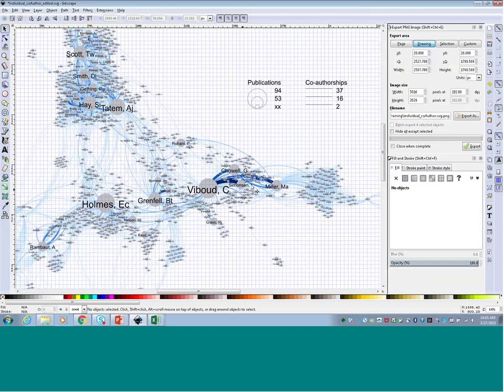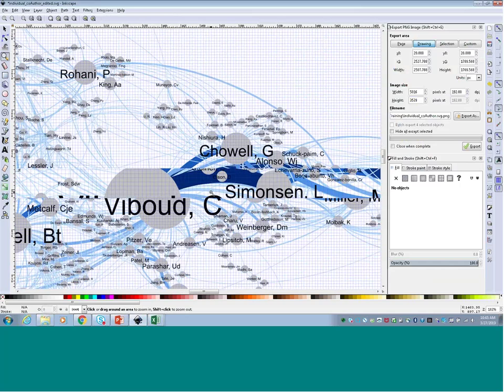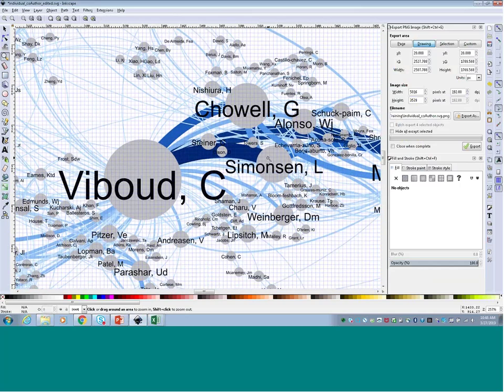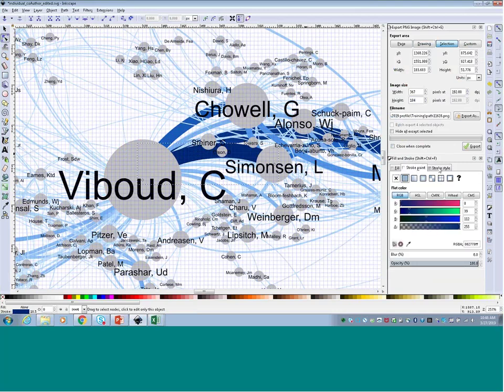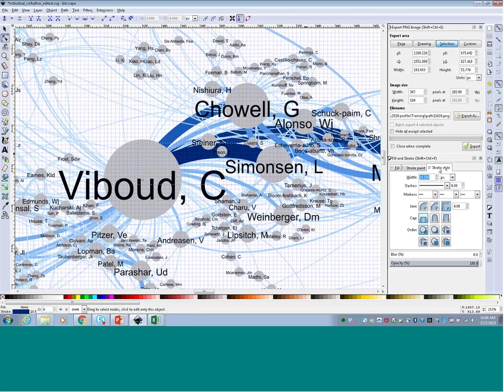So that's this line here. Again, we can actually use this edit paths by nodes to select that edge directly. So I'm going to zoom in a whole lot here so I can actually get to the particular line that I'm interested in, use that edit paths by nodes tool to select it, and then click on the particular line that I'm interested in. With that selected, I can go over here to the fill and stroke box to actually see what the actual color is and what the line size is.